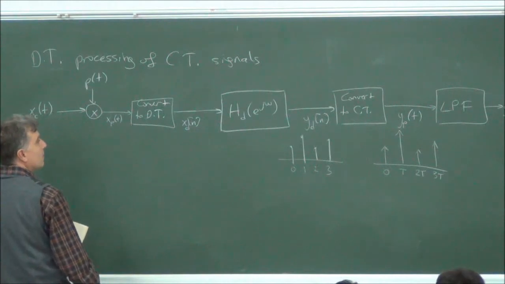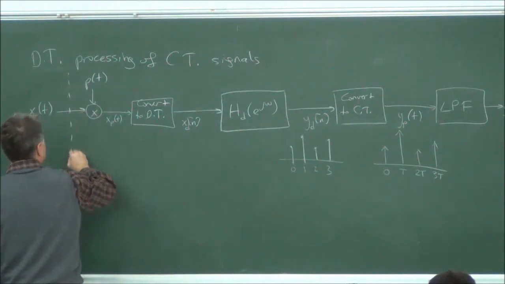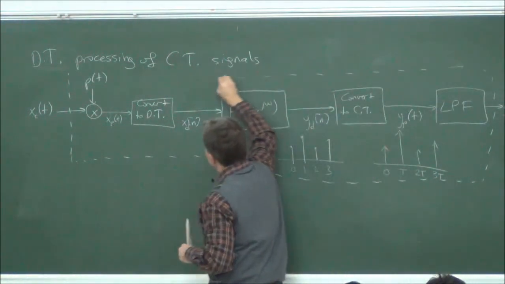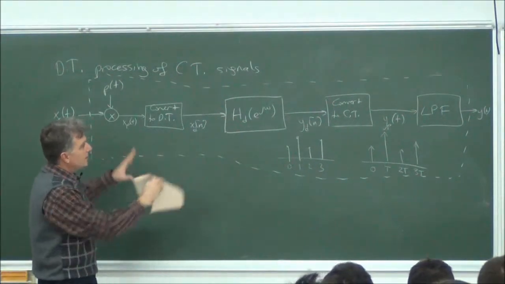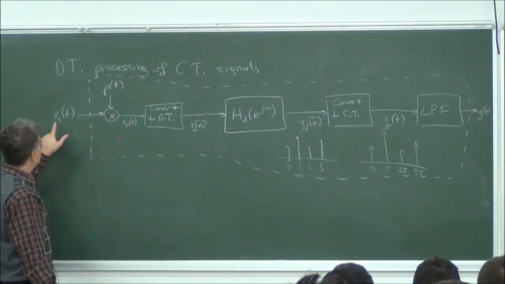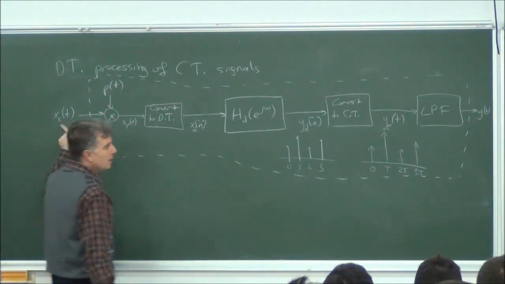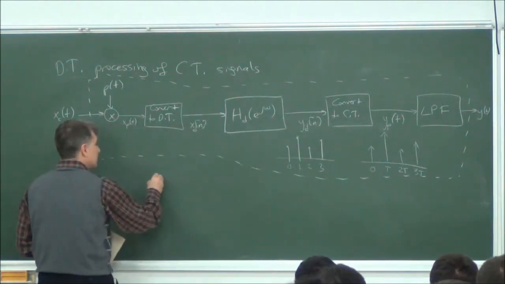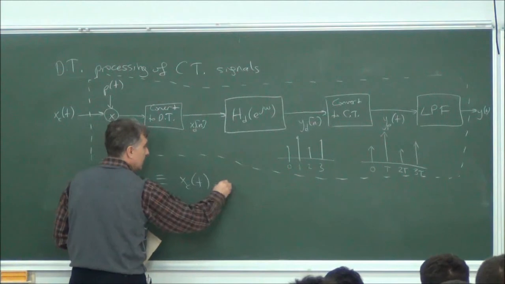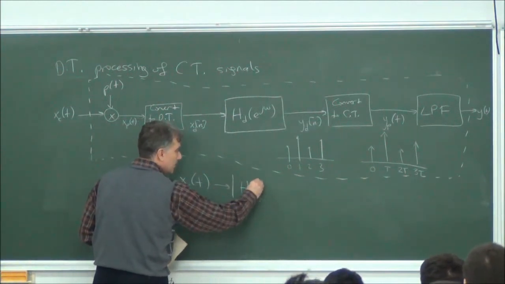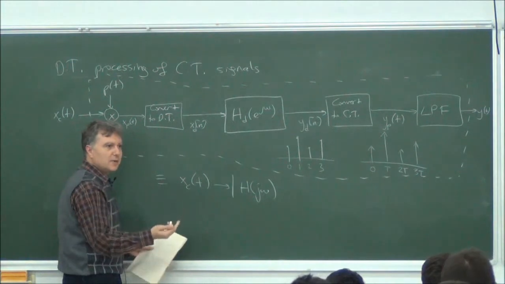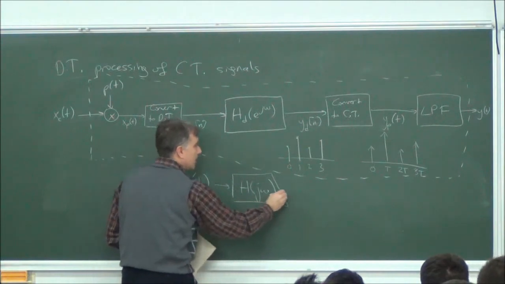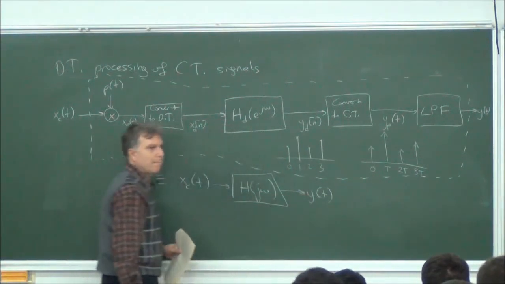Now, that's a long diagram. But whatever that diagram is, this large thing, is a transfer function from xc of t to y of t. So it is equivalent to xc of t going into a system, and I'm again assuming a linear and time invariant system if this is a linear and time invariant discrete time system, and the output is y of t. All right,